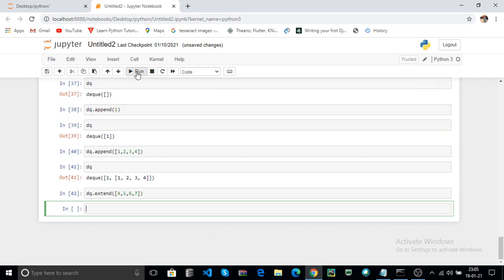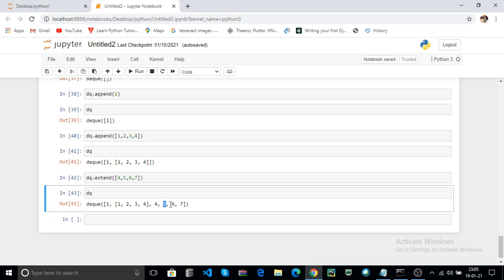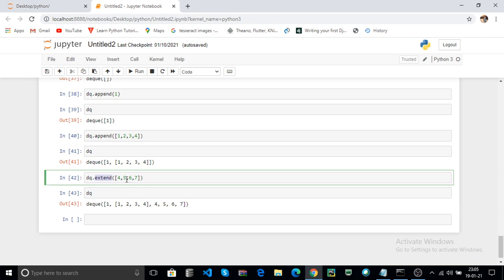Click on run. Here you can check dq. Your list contains 4 as one item, 5 as one item, 6 as one item, 7 as one item. The extend iterates over your list items and appends every item to your list.